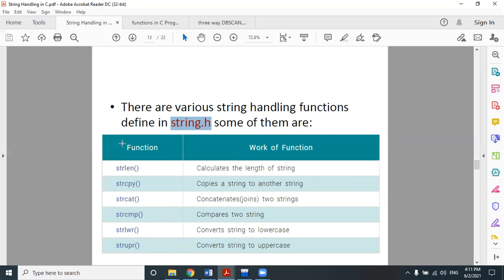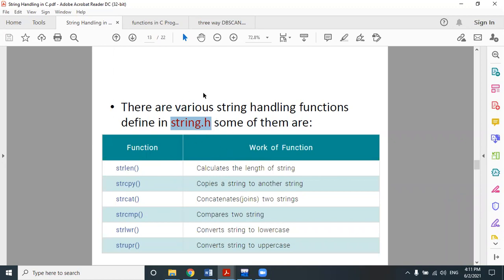The same thing you can do by only using the string length function, whose job is to return the number of bytes that your given input string holds. So calculate the length of a string. What is the job of the string length function? To calculate the length of a string. And most importantly, the definition, or you can say the job responsibility, of this string length function has been defined in the string.h header file.